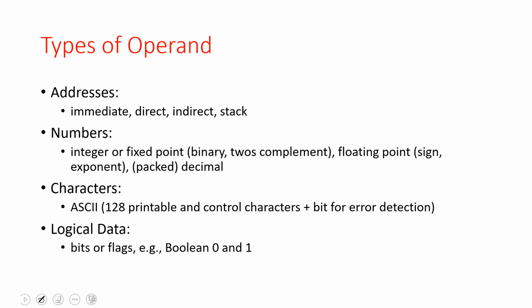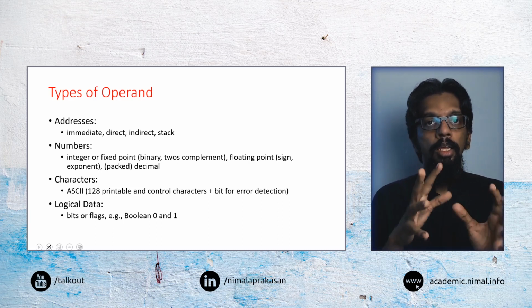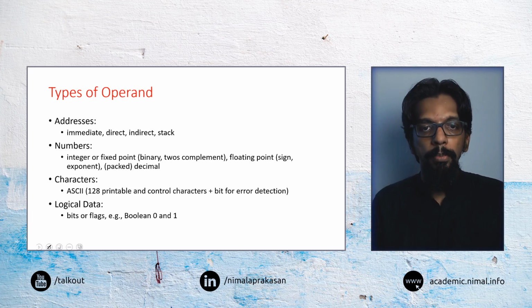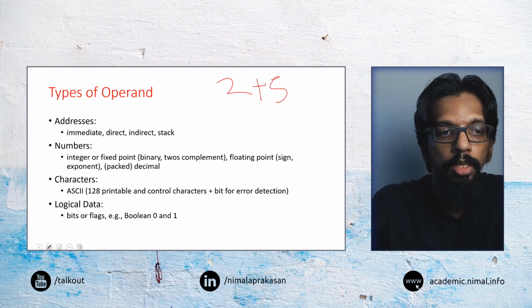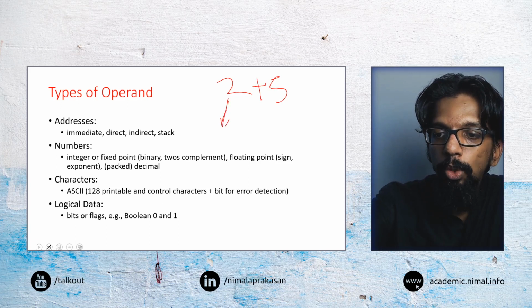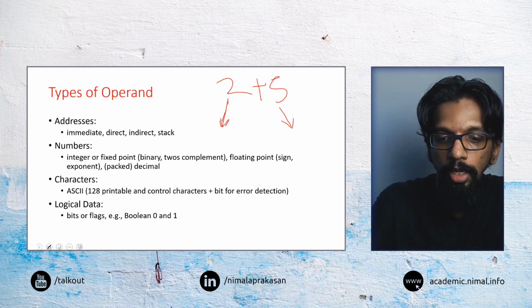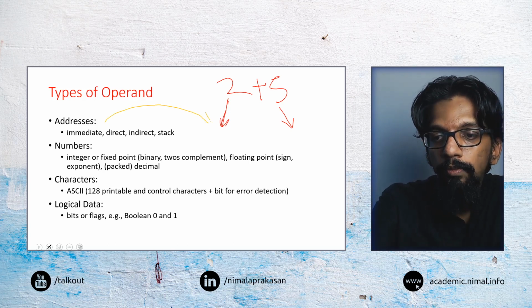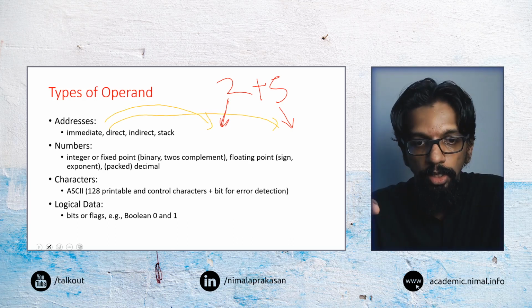Then when it comes to operands of instructions, again, they can fall into a number of different categories. The first one is addresses. These are addresses or references to a point in memory, and those can be given as operands. So instead of saying add 2 plus 5, 2 can be stored at a particular point in memory, 5 can be stored at another point in memory, and then we can give those memory locations as addresses to that particular instruction.